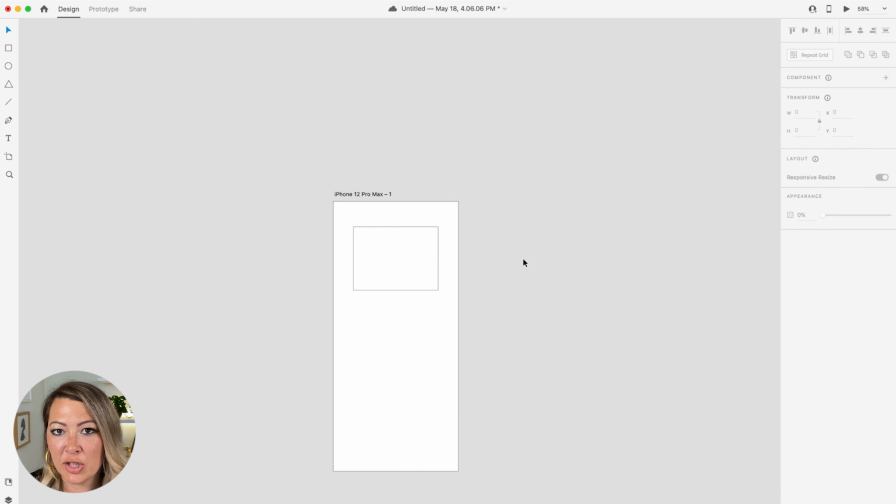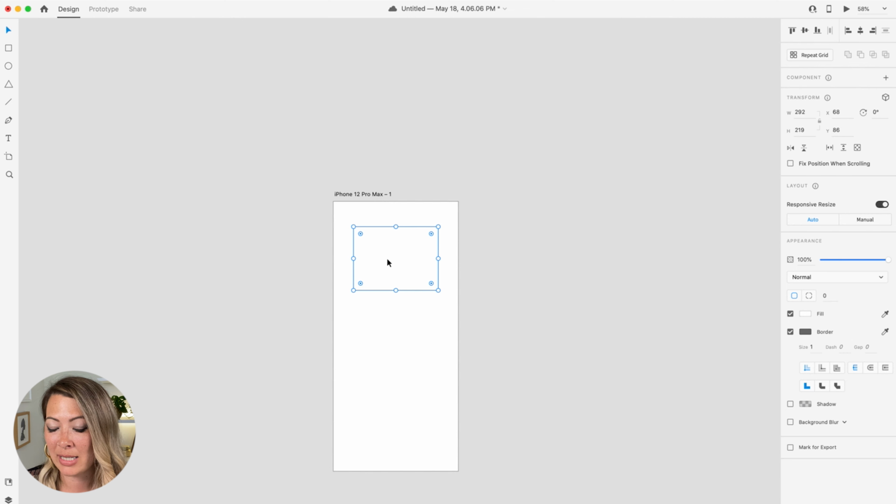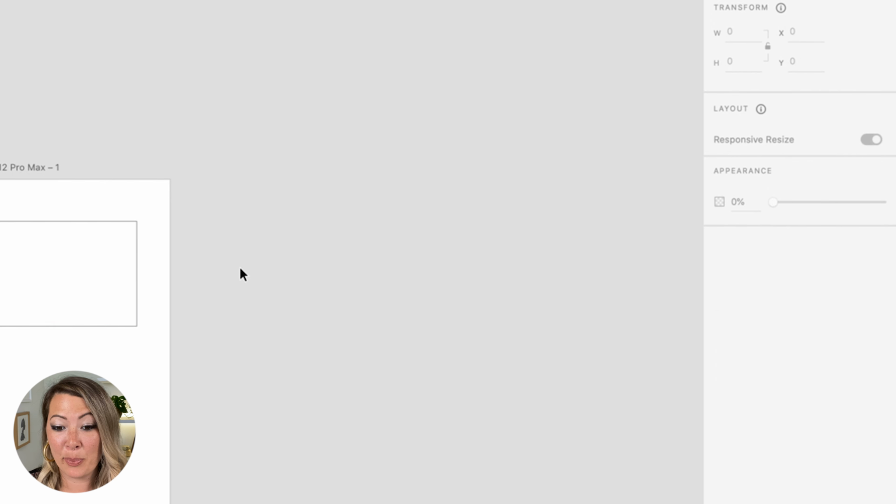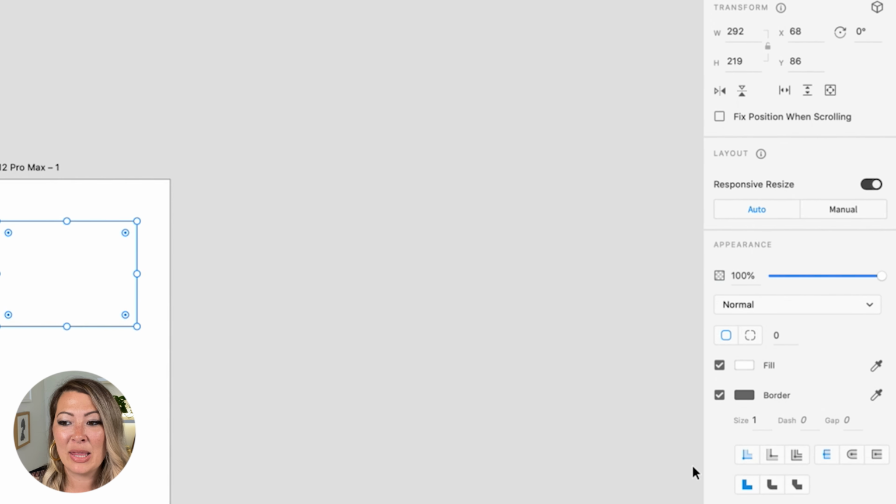And the next one I'm going to share with you is the property inspector. So if I select a particular layer, like this rectangle, over here on the right-hand side is my property inspector, which allows me to make adjustments to that particular layer. So when I select a particular layer, you're going to see the property inspector change depending on what I've selected.